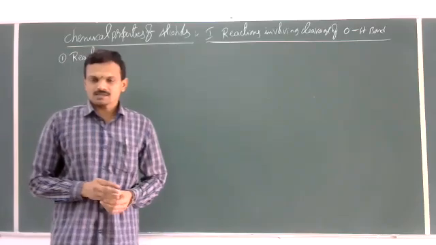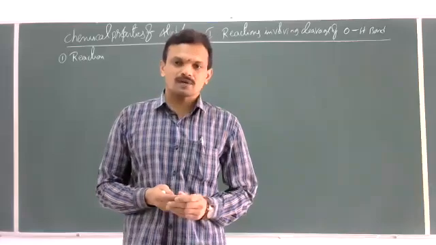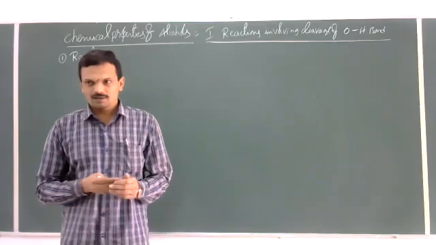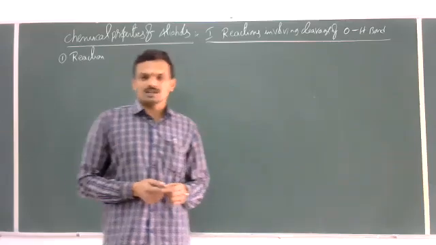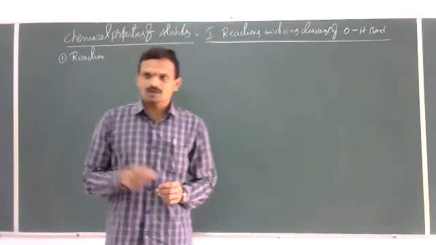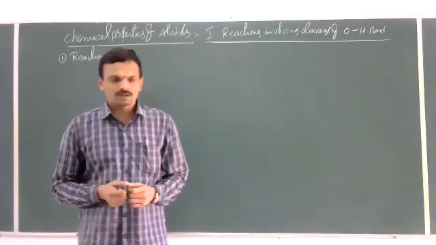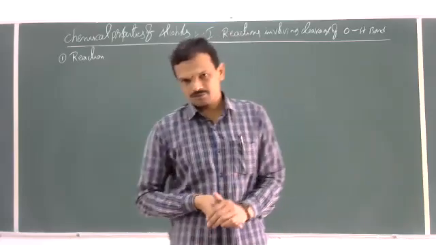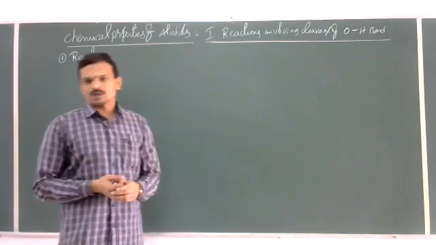So, in the previous class, we discussed the preparation methods of alcohols and what type of chemical properties are shown by alcohols. See, alcohols mainly show three types of properties. They are the reactions involving cleavage of the O-H bond, the reactions involving cleavage of the C-OH bond, and the reactions involving the cleavage of both alkyl and hydroxyl groups. Now, let us come to the first one, reactions involving cleavage of the O-H bond.